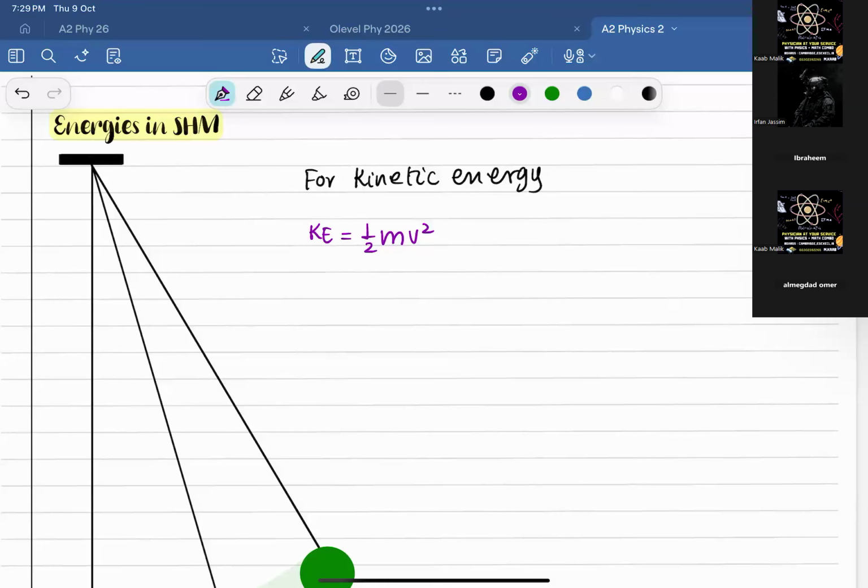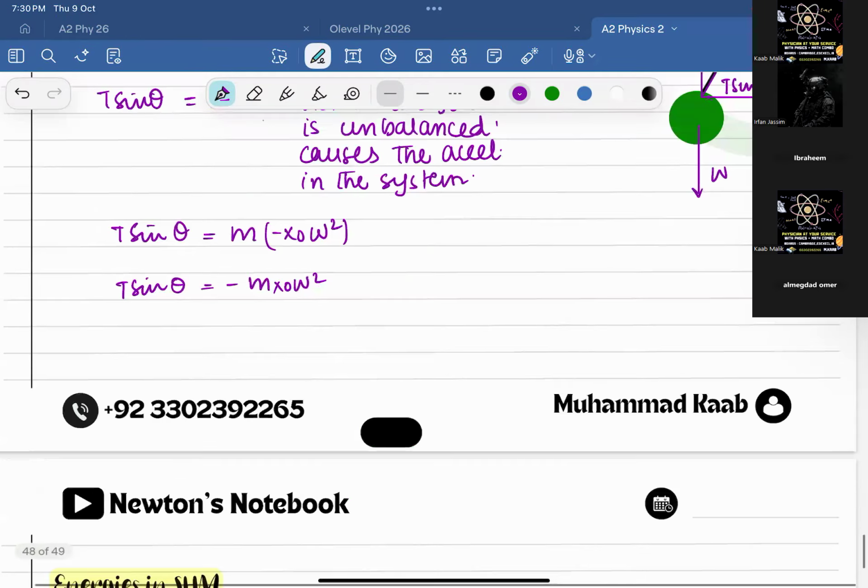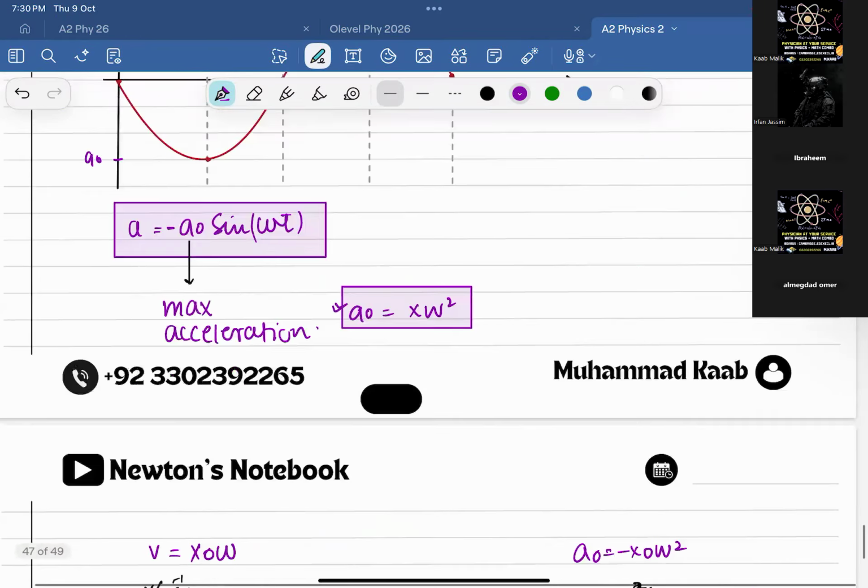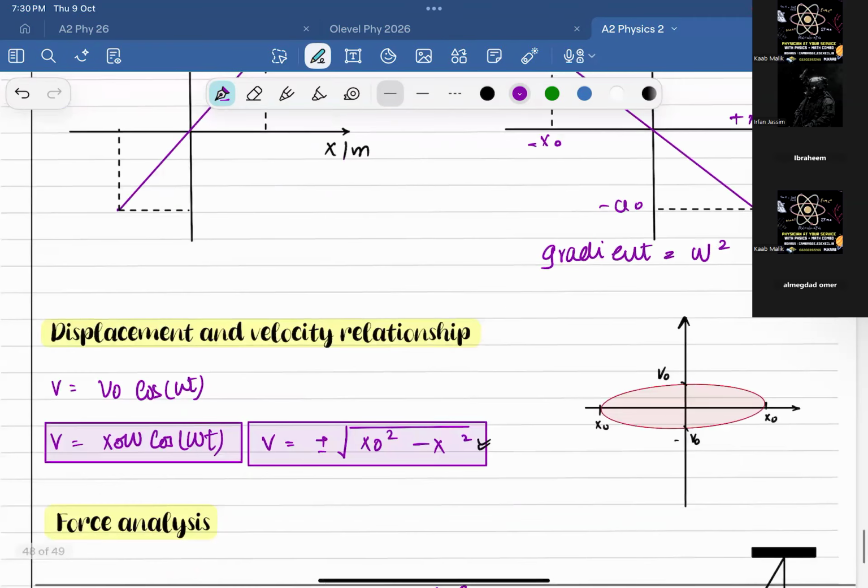So if you have to relate the kinetic energy with the position, then you have to use a formula that relates the velocity with the position, and that was what we studied as omega times the square root of x naught squared minus x squared. If you guys recall this formula,